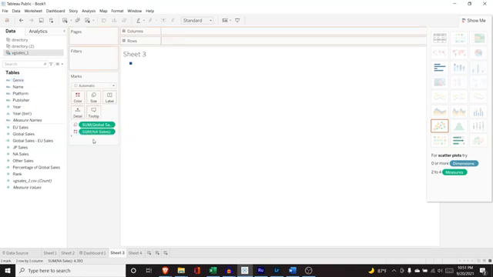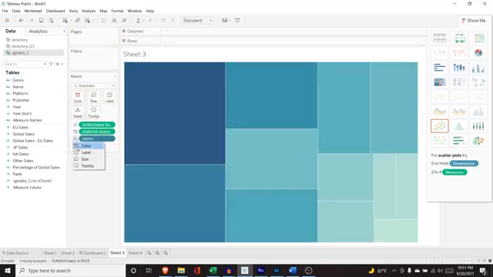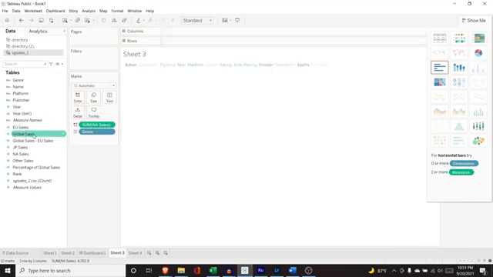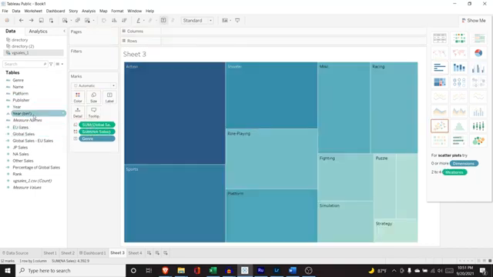We might do something like this, change the label, and maybe add... why are both of these in here? Let's get rid of this. Oops, that's not what I meant. Let's actually add that. Let's do the sum of global sales, and we'll just make that into a label as well. So what you can do with these and how you're able to use them and visualize them,